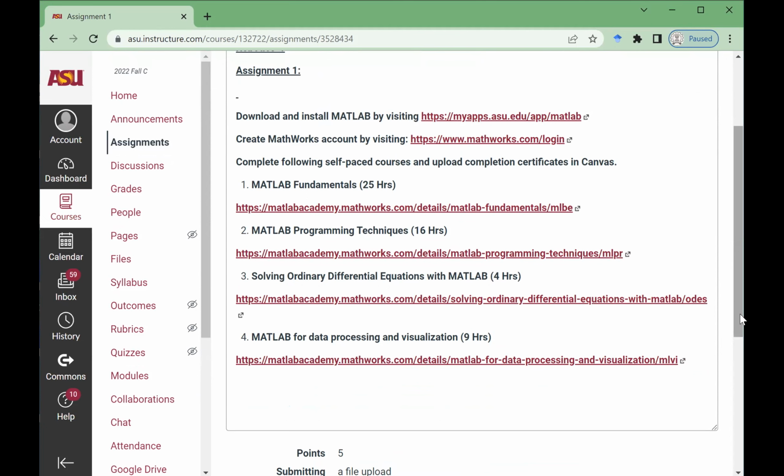And you can take that quiz as many times as you want. But the most important part is at the end of this course, you would get a certificate from MathWorks. Download that certificate for 2 reasons. One, you have to upload it as a deliverable. So I would like to see course certificates on your name from Matlab saying that you successfully completed these 4